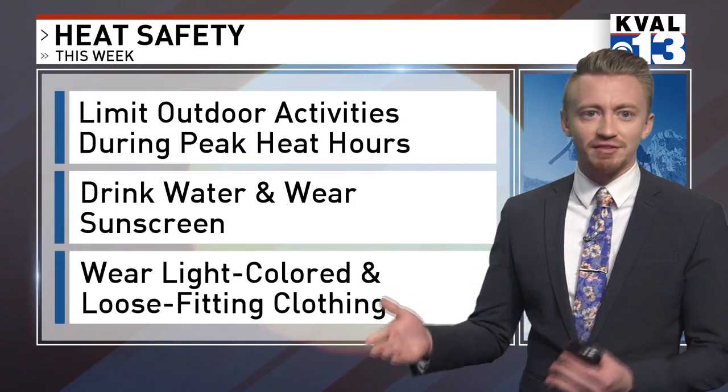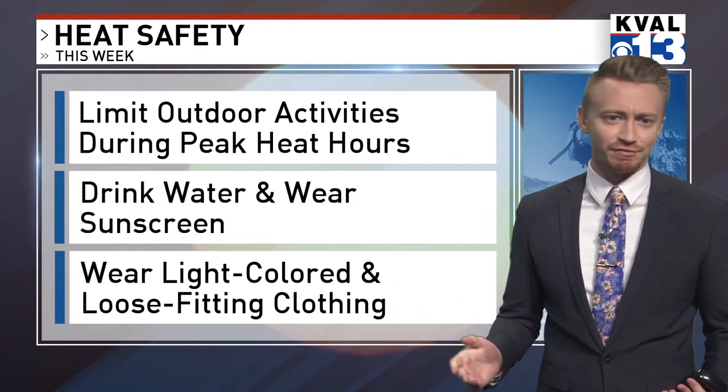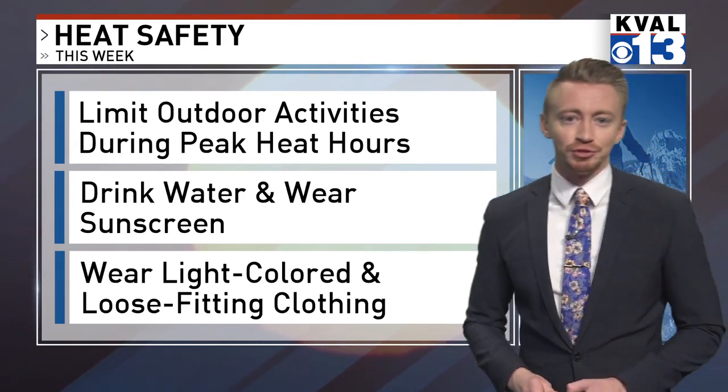So with this onset of heat, we need to limit our time outside during those peak heat hours. Drink plenty of water, wear that sunscreen, and if you are out and about, wear the light-colored and loose-fitting clothing